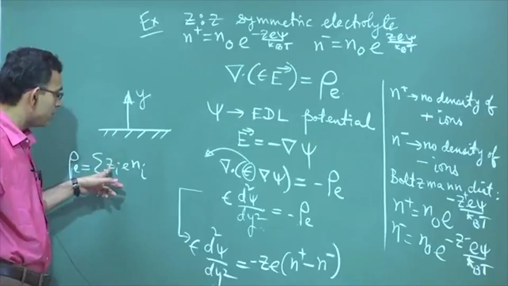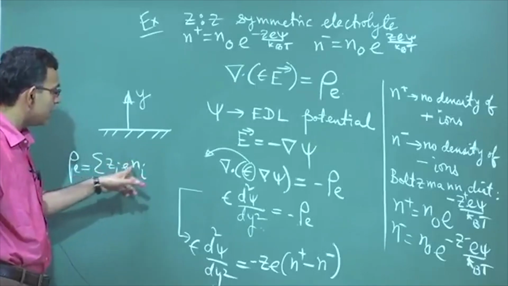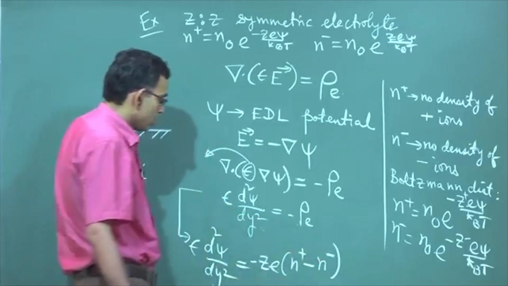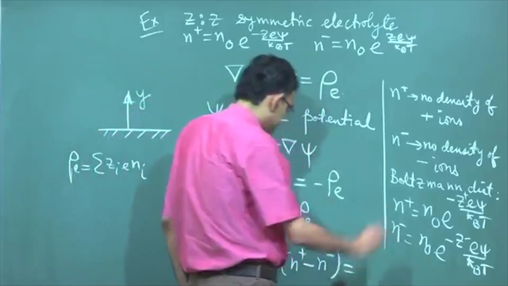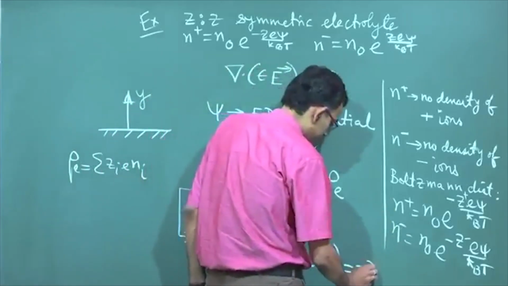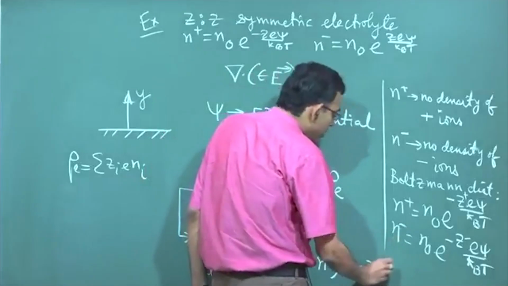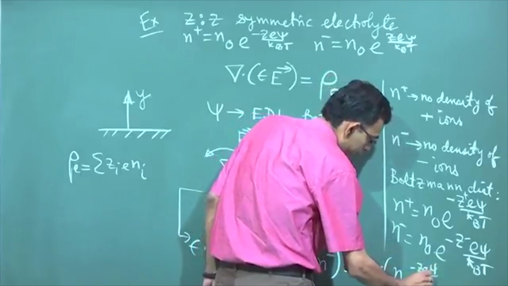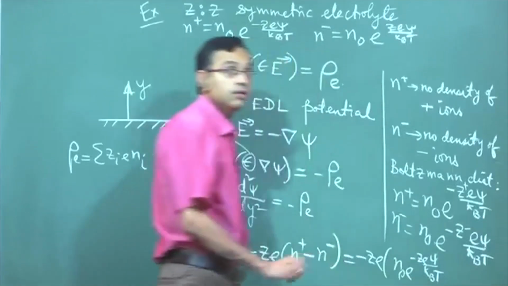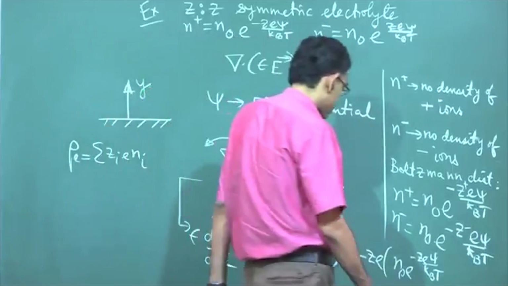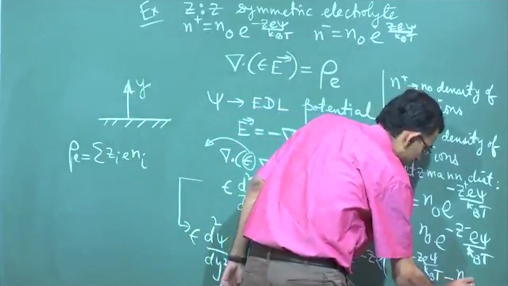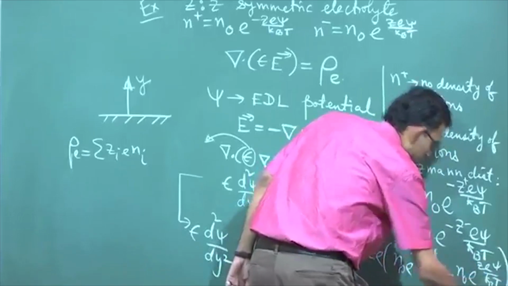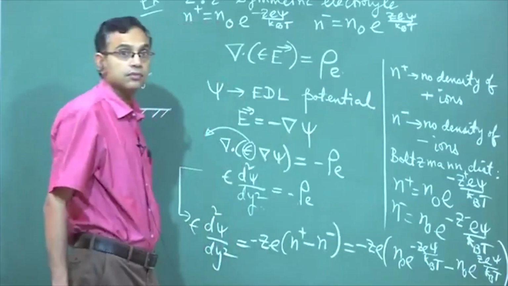So, if you take z e common, it becomes z e into n plus minus n minus, that is what is written here. So, then this can be written as